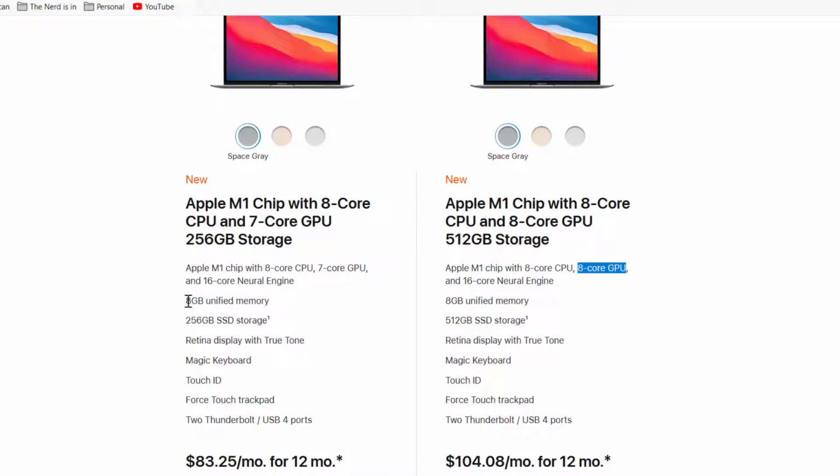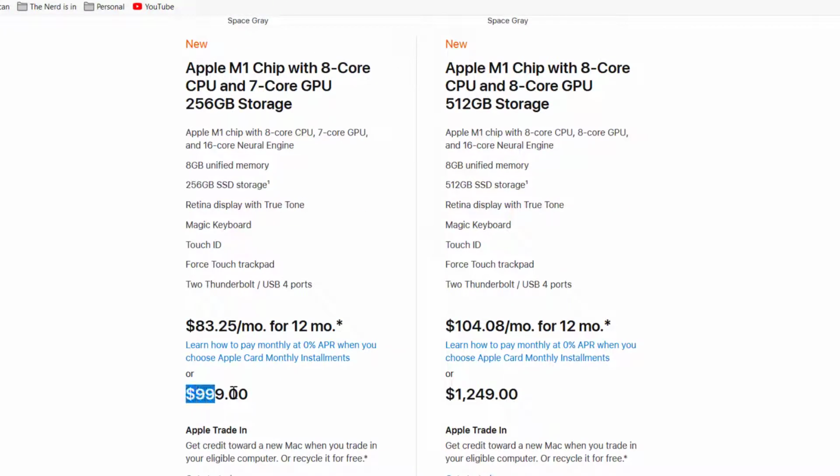The base model, the lowest cost model, comes with 8 gigabytes of RAM and a 256 gigabyte solid state drive, and the total cost is $999. The 8-core CPU, 8-core GPU, however, comes with a 512 gigabyte solid state drive and is $1,249, which looks like